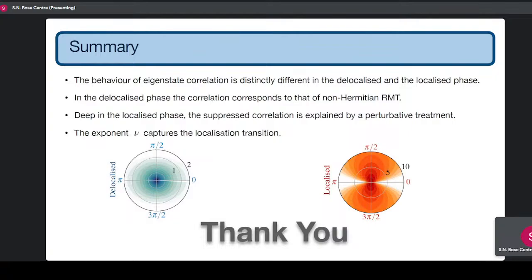And these are just some pretty pictures. So this is in the complex plane. I was talking about the mod omega function, but this is how it looks in the complex plane, and there is some asymmetry. So we seem to catch this asymmetry also from just the first order perturbation expansion. And thank you very much.